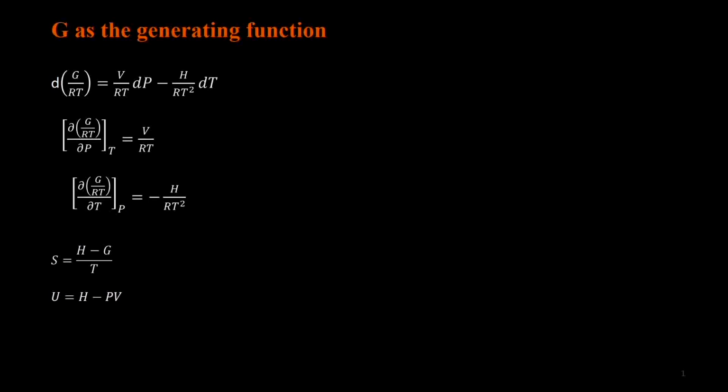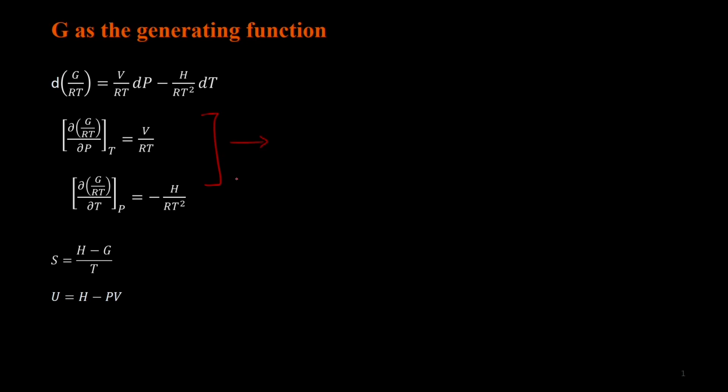Hello and welcome back. So in the previous lecture, we were trying to calculate various thermodynamic properties using G over RT as the generating function. And once we have an expression for G over RT, the Gibbs free energy, in terms of the compressibility factor Z and measurable quantities such as P, V and T, we have derived relations as to how G over RT is related to these, and then for the other thermodynamic properties, you can use the expressions given here to relate them